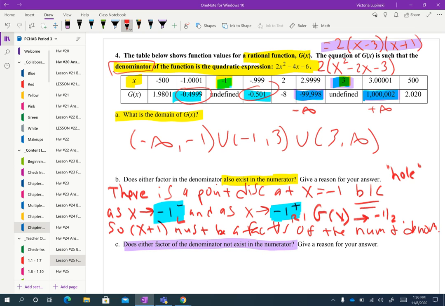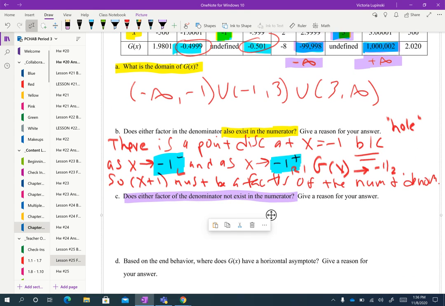Again, the closer you get to 3.000000001, you're going to keep getting bigger and bigger and bigger. For now, you just have to be able to extrapolate the fact that those are essentially negative infinity and positive infinity. So does either factor of the denominator not exist in the numerator? So there is a vertical asymptote at x equals 3